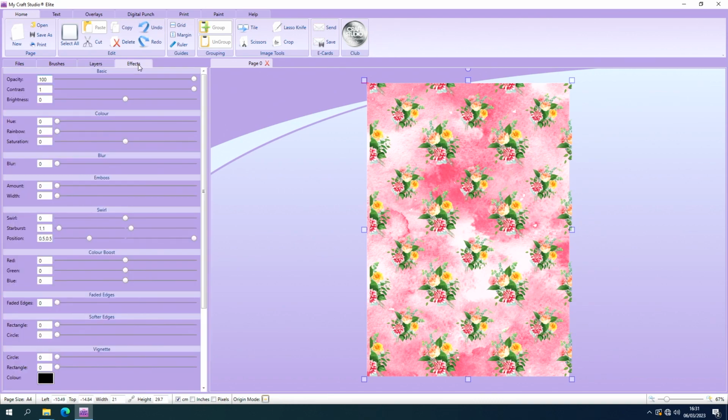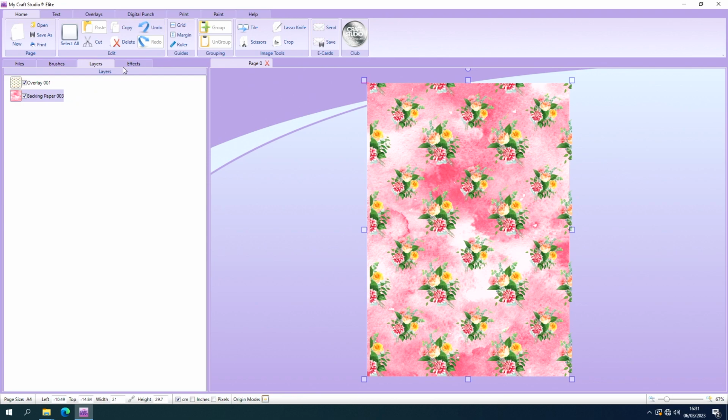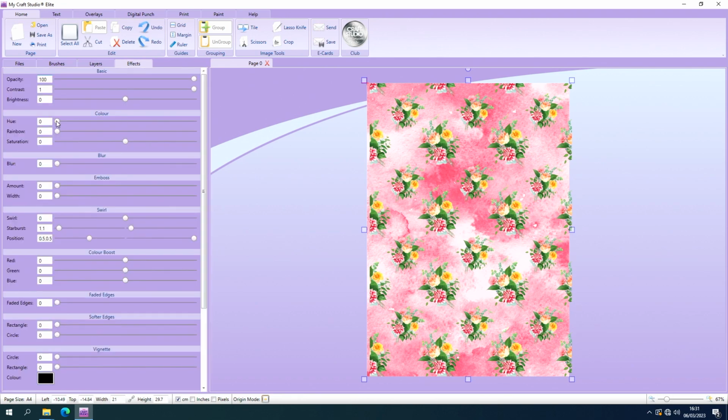So obviously when I showed you a minute ago, we pressed the select all button because we wanted to change all of the layers at the same time. But on this one, I just want to change the colour of the backing paper because maybe I don't want an overly pink project, but I really want to use these particular flowers. So because we're in the Layers tab, we have the backing paper selected, we go to Effects and we use the colour sliders, we're actually just going to change the colour